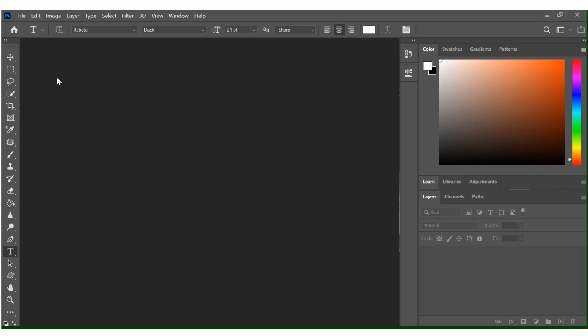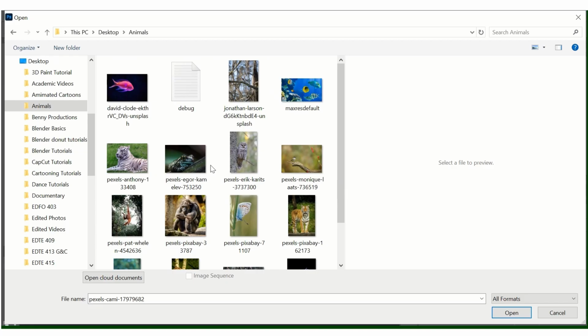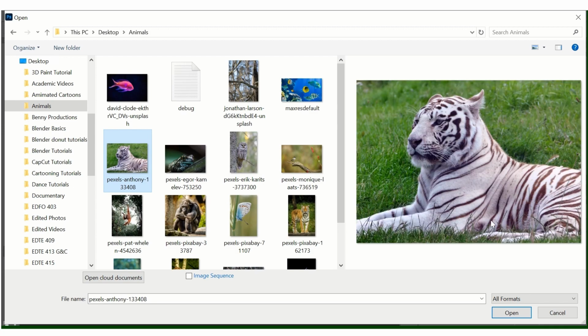When you want to start something new, all you can do is click on File here, and then you either click on New or Open. And these two do different things altogether. When you click on Open, it will open up images on your desktop or images you saved. So when you click on the image and open it,